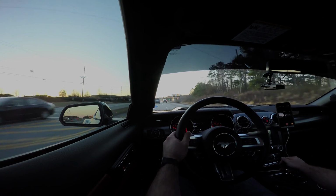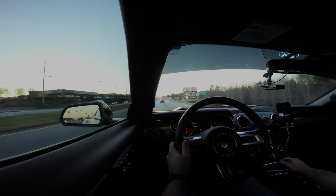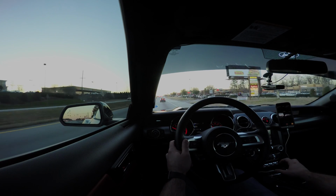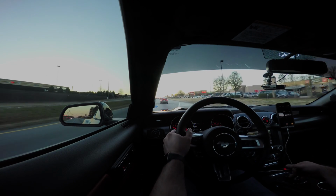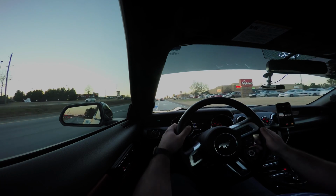Anyways, that's all I've got for now. Just wanted to give you an update. I've got about 3,800 miles on this car and have enjoyed every single one of them. I didn't talk about all the features this car has, but I gotta tell you, if you haven't looked at a Mustang in a while, and I really had not, my last Mustang I owned was probably,